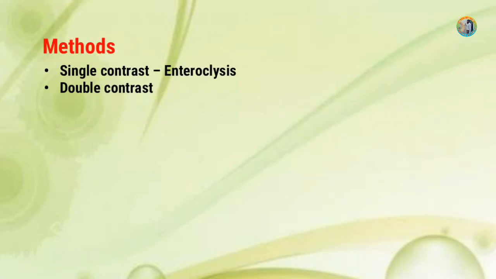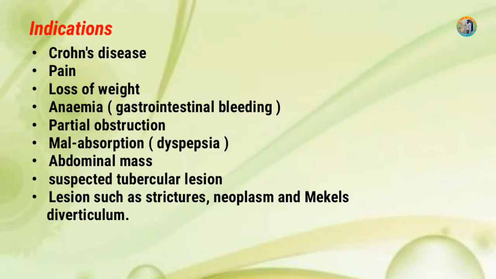Usually this test is done in 2 ways: single contrast, which is also known as enteroclysis, and double contrast. This exam is used to diagnose the following diseases and conditions: Crohn's disease, which is most common, pain, loss of weight, anemia, gastrointestinal bleeding, partial obstruction, malabsorption, that is dyspepsia, abdominal mass, suspected tubercular lesion, lesions such as strictures, neoplasm